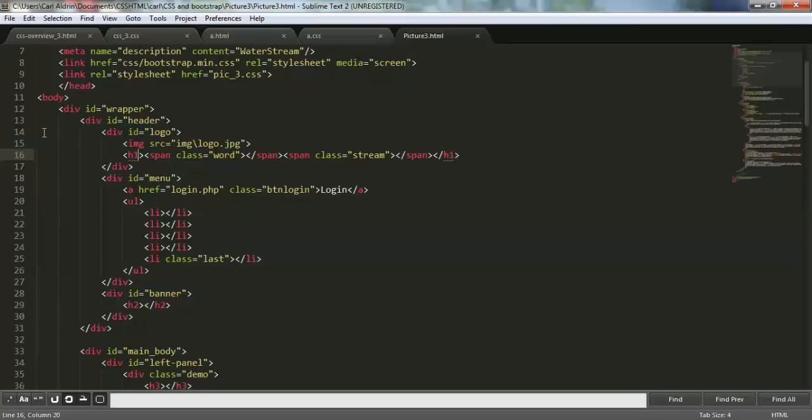container. So in here, our parent container would be wrapper, and it contains the header and the main body.